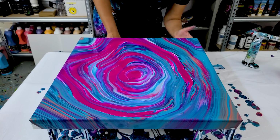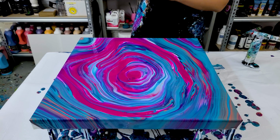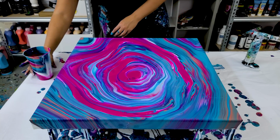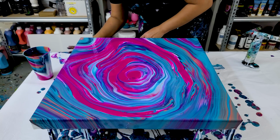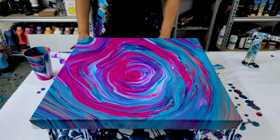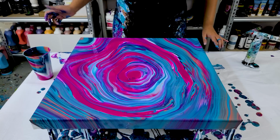I want to just kind of start it at the top and let it run down. And over here is mostly this color. So I'm gonna pour it out on the table and then touch my finger to it and just rub it right on along there. Okay. The center, I thought I was not going to like, and it's probably my favorite part